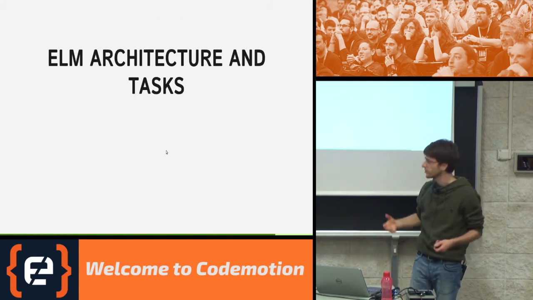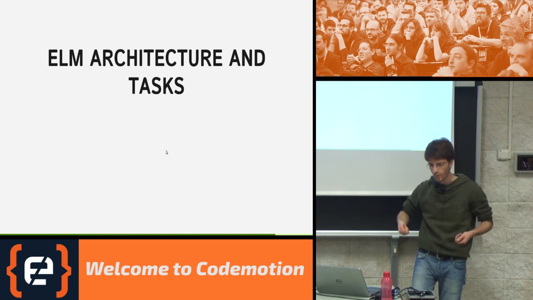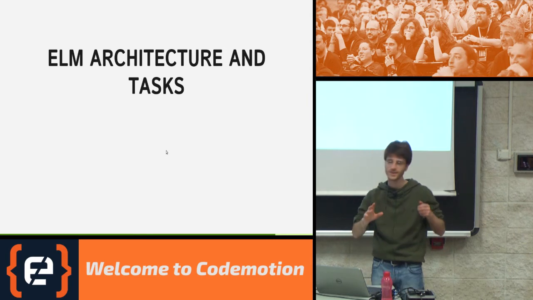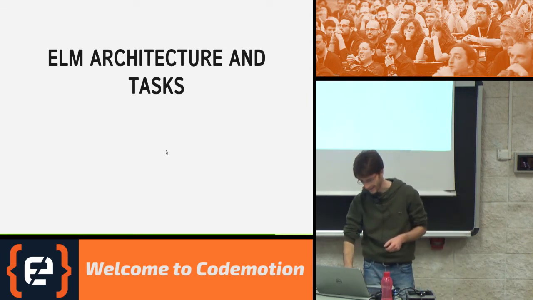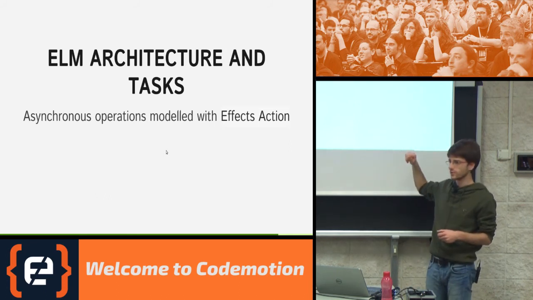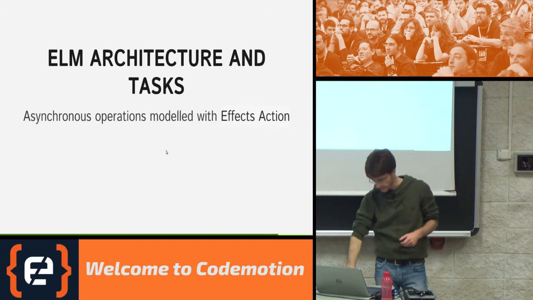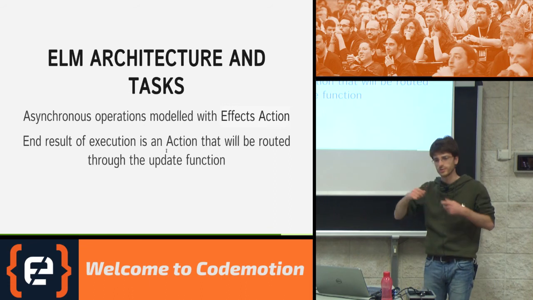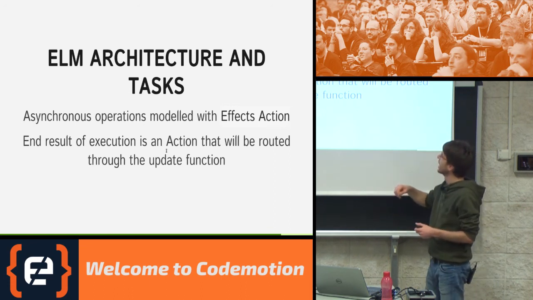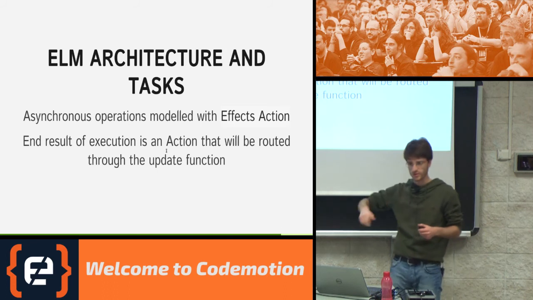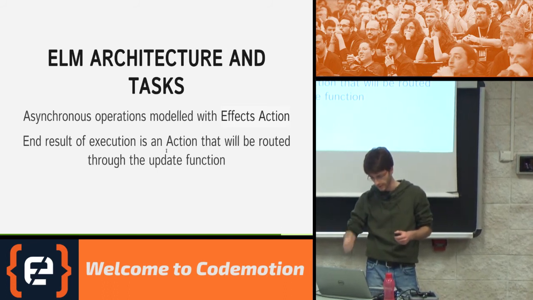Inside the Elm architecture, you usually abstract once more over tasks, so you can forget about mailboxes. And you do this with another thing called effects, and you usually use effects of action. So what are these? It's almost the same thing as tasks, an asynchronous operation. And when you perform it, what you receive back is just an action